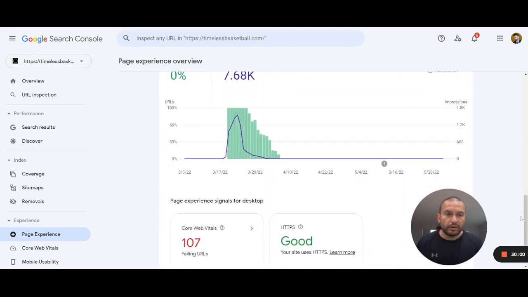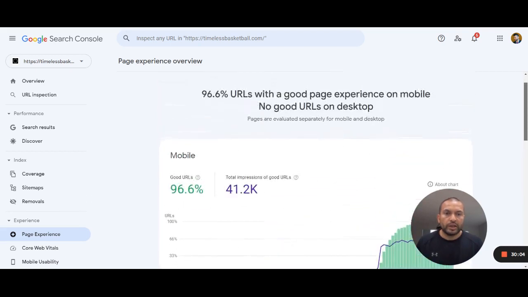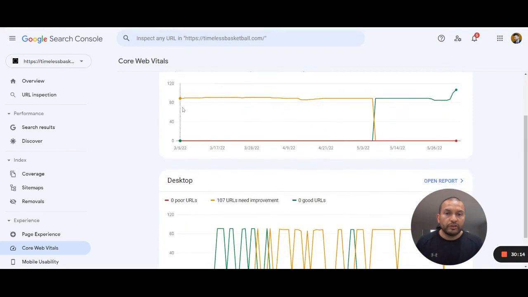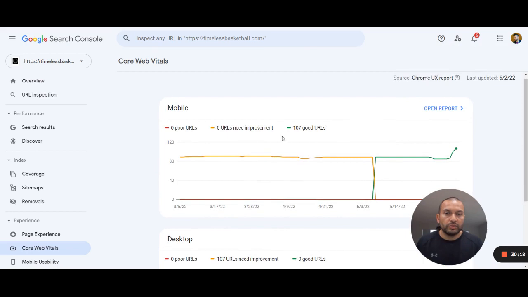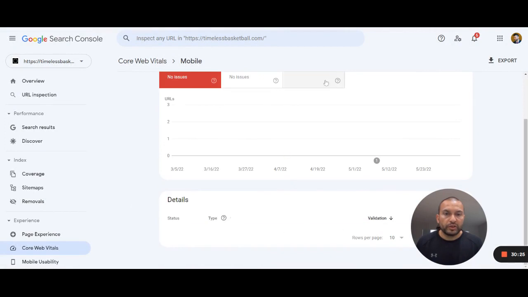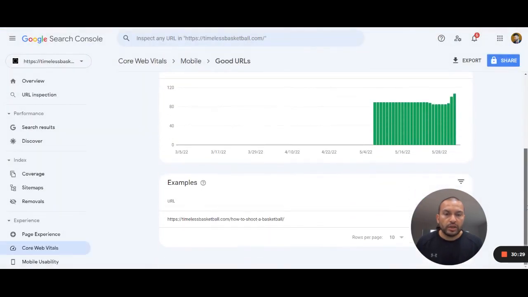But generally, I'm just happy that competitively I'm faster than my key competitors here. But if, let's say, they weren't so good, right? I used to be in the yellows and needed to try to improve there. We could go into these reports to say, okay, Google, when you crawl these URLs,